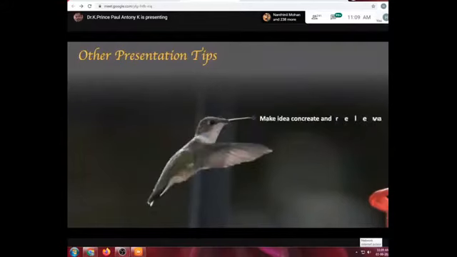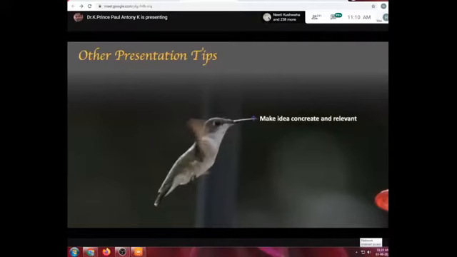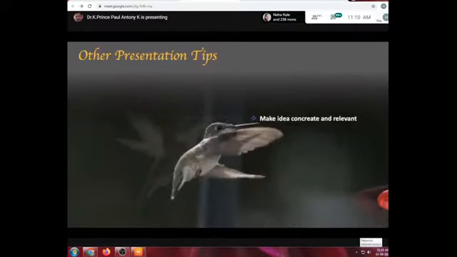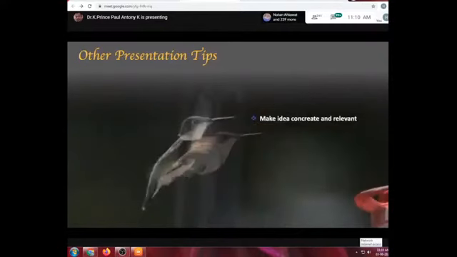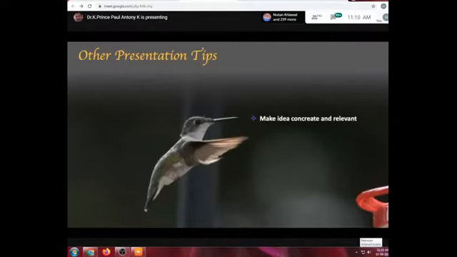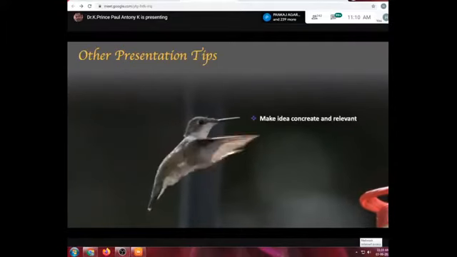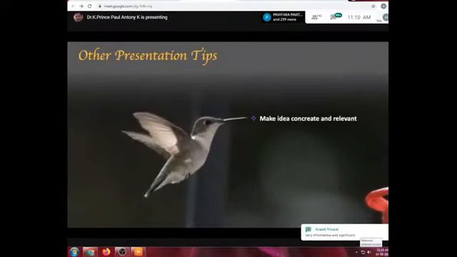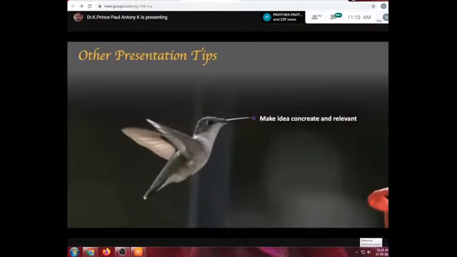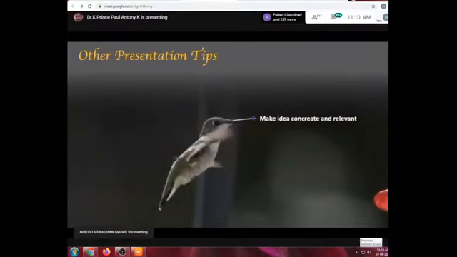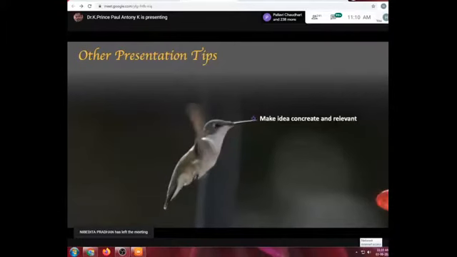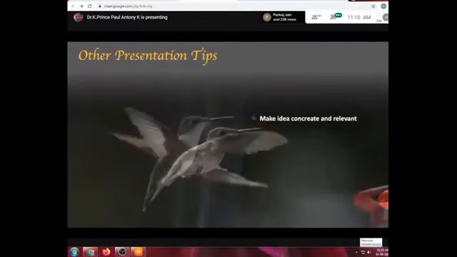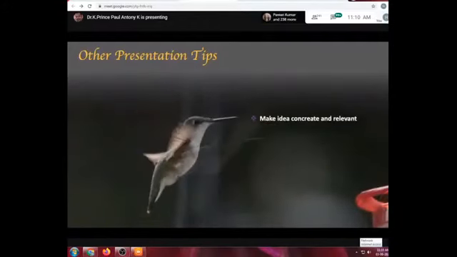Next, make ideas concrete and relevant. Bring your ideas down to earth. When Steve Jobs developed the smartphone, he took his entire team through a step-by-step process. During development, he used to say that the interface should be so simple that you should not scratch your head to know how to use it. That is why the iPhone is so successful nowadays. Many who have used it are not ready to change to other smartphones. So keep your material concrete and relevant.